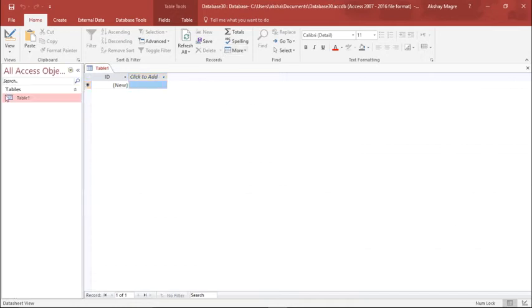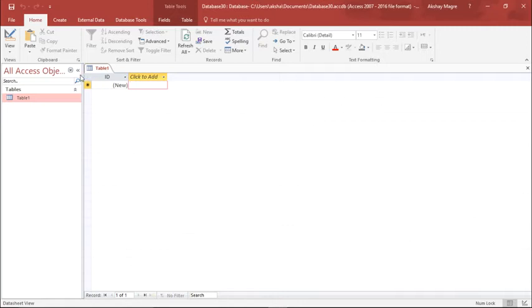We'll move to the navigation pane, and under the navigation pane you can see this table. Before we get started, let's try to understand what tables are. Tables are basically a place where we can enter the information of our database. That means if I want to enter a new entry, I will enter it in a table. In a table I will have all the records which will be required for our Access database. We can create multiple tables and we can link those tables as well. We will see how to link the tables in our later videos.